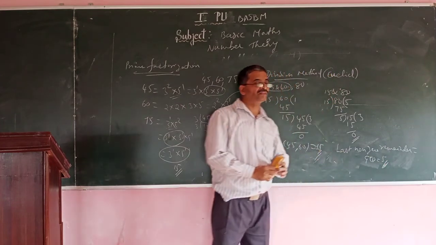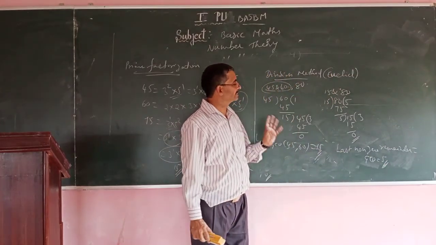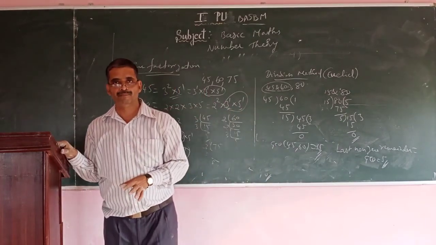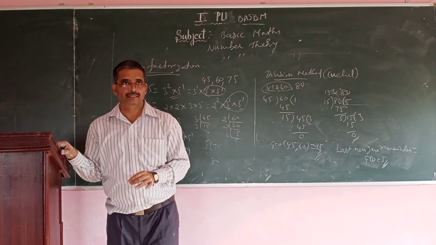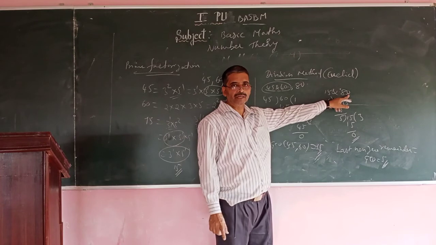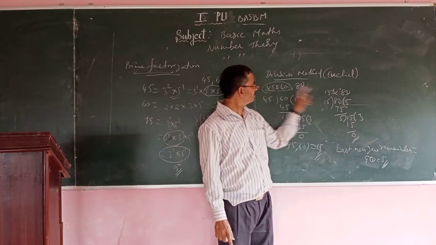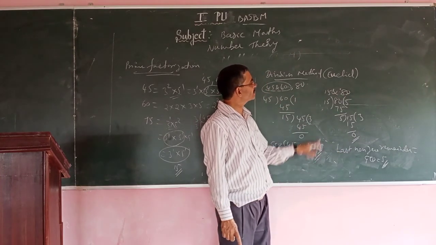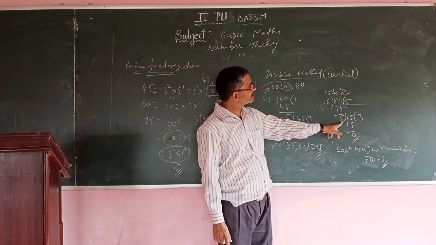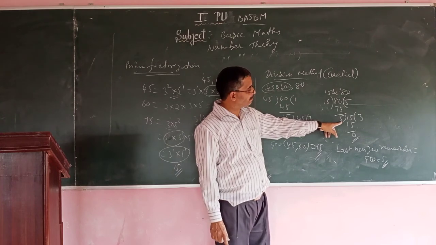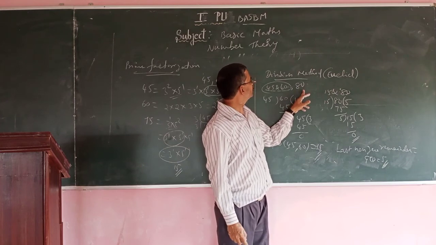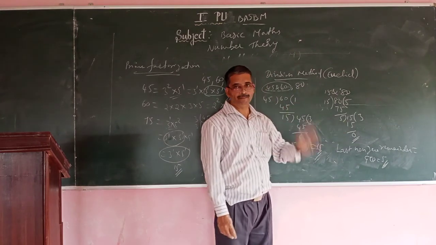So GCD of three numbers is got like this. First we get the GCD of any two numbers. Then use that GCD value with the third number to get the actual GCD of three numbers. So I got 15 first, then apply 15 and 80. We get 5 as the last non-zero remainder. So GCD of 45, 60 and 80 is 5.